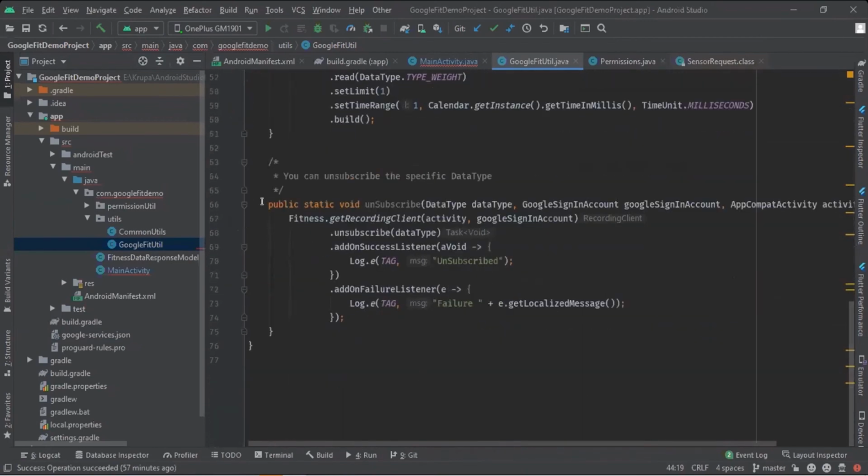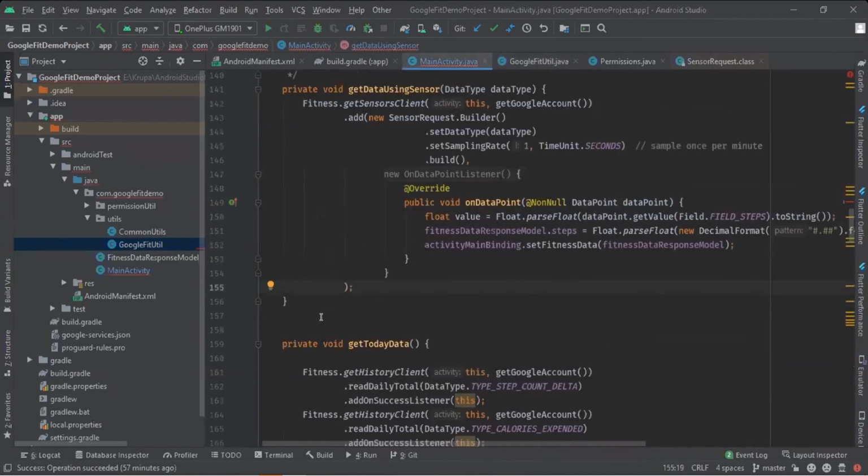Also, as I have subscribed to the steps data, but for a further requirement I may want to unsubscribe, I have put one function here in Google Fit Util. You can use this at your end for unsubscribing any data type.